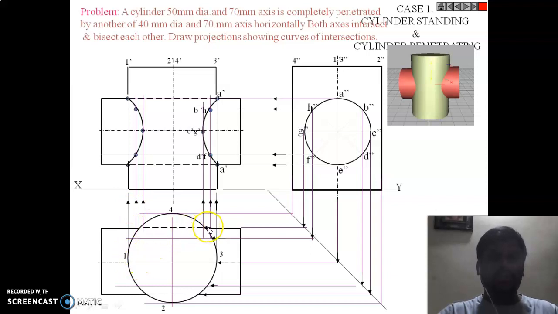When you look here, this line is G, this is G. So when you drop here, you'll be getting the intersection point here with the circle, this G line. So this will again be G here, and this line will again be BH and FD, and here it is E and A. So on both sides you'll be getting the same numbers and letters. So you need to project them and join them with a smooth curve.